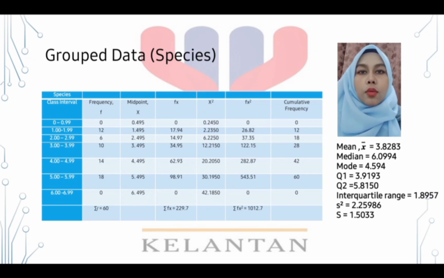The answer of group data for species can be summarized as shown in the slide, which mean is 3.8283, median 6.0994, mode 4.594, quartile 1 is 3.9193, quartile 2 5.8150, interquartile range is 1.8957, variance is 2.25986, and for the standard deviation is